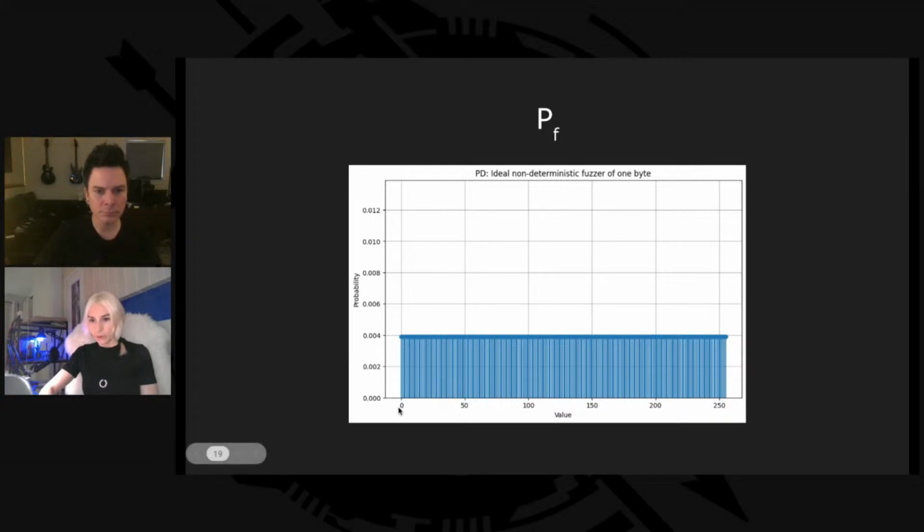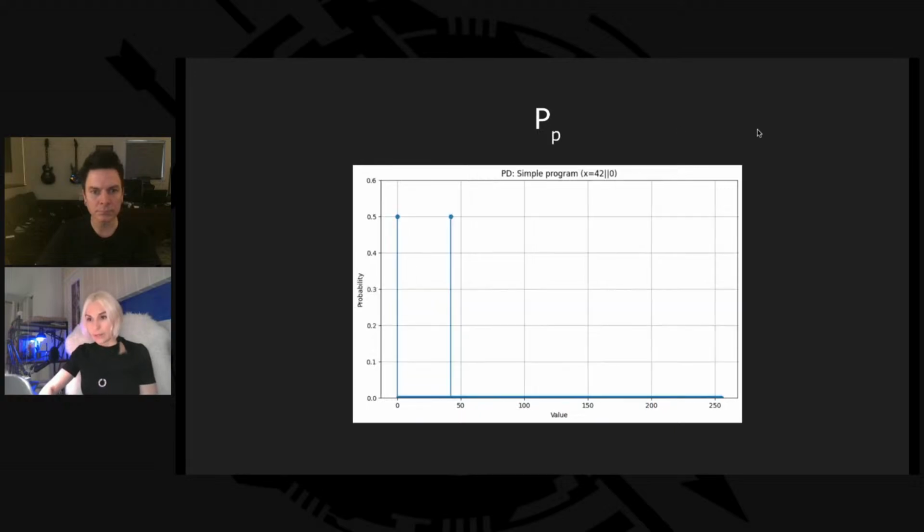You can see the values here from 0 to 256. This is the PF, or probability distribution, of some ideal one-byte fuzzer. This is an example of the probability distribution of inputs of our program, a simple program that can accept only one byte that can be set to either 42 or 0.